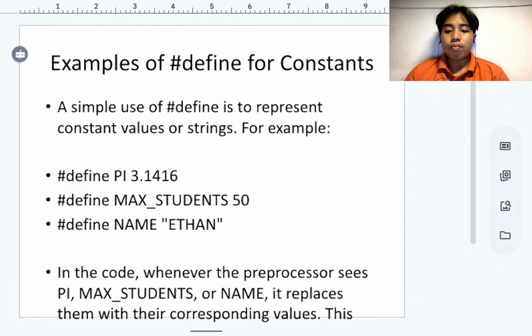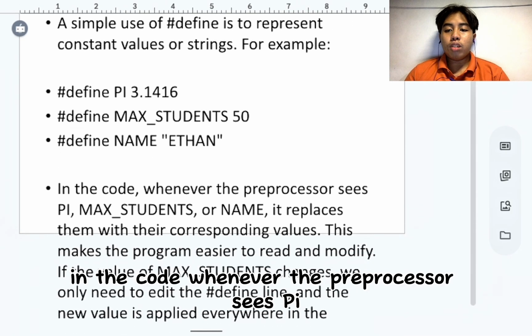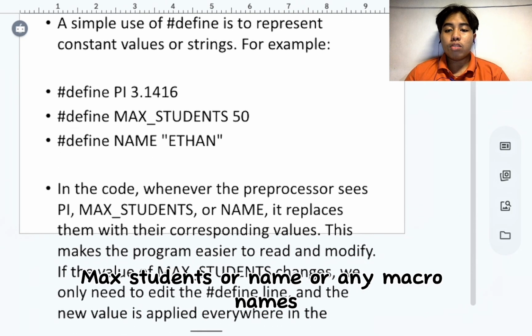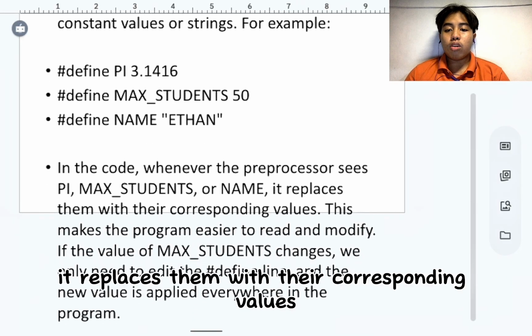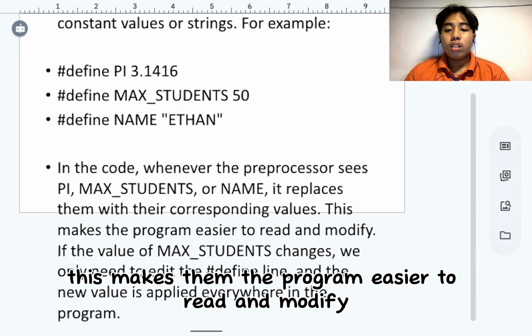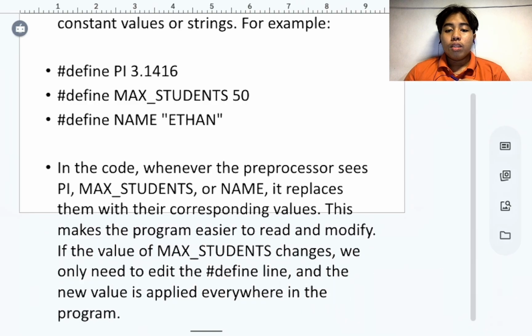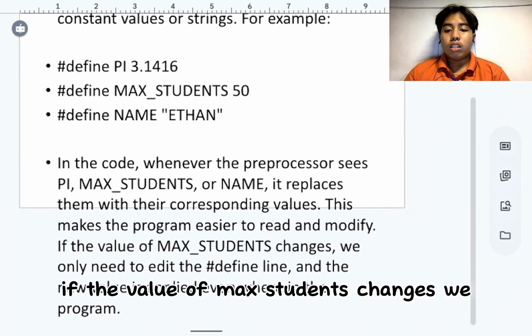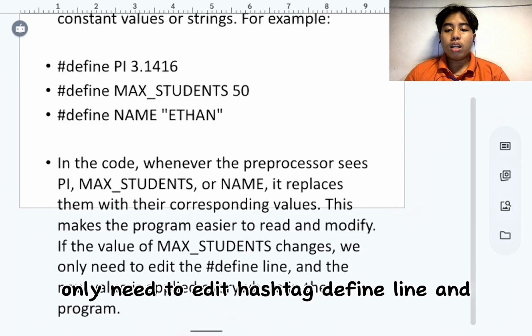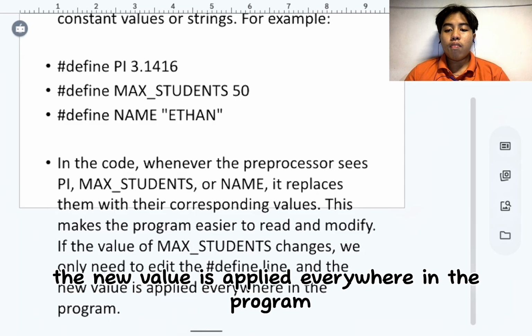So in the code, whenever the preprocessor sees PI, MAX_STUDENTS, NAME, or any macro names, it replaces them with their corresponding values. This makes the program easier to read and modify. If the value of MAX_STUDENTS changes, we only need to edit the hashtag define line and the new value is applied everywhere in the program.